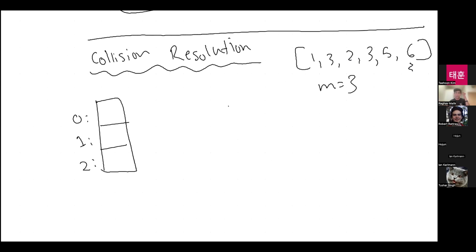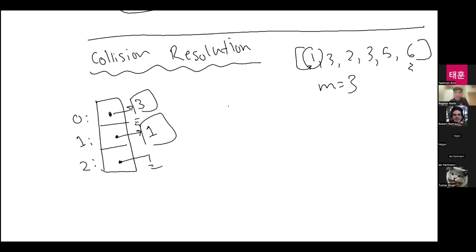Okay, so right, if I've got a table with 3 slots, I'm obviously going to have collisions because I've got numbers from 1 to 6. But one easy way of resolving these collisions is to start by thinking of each of these slots as just a linked list, right? When I insert a 1, I notice that it hashes to 1. So I'm going to insert the 1 into the linked list at slot 1, right? So now I get something like this. I insert the 3 into the linked list at slot 3. So I get something like this.